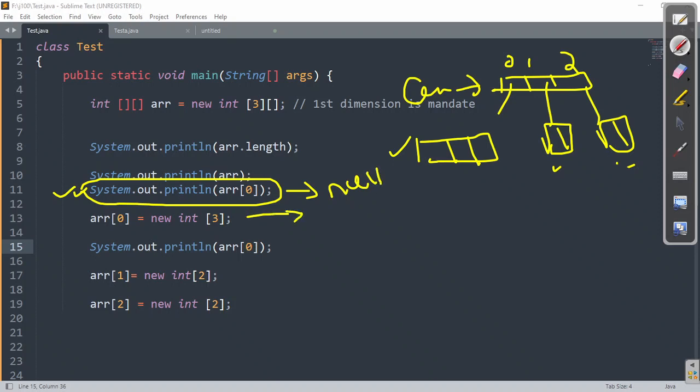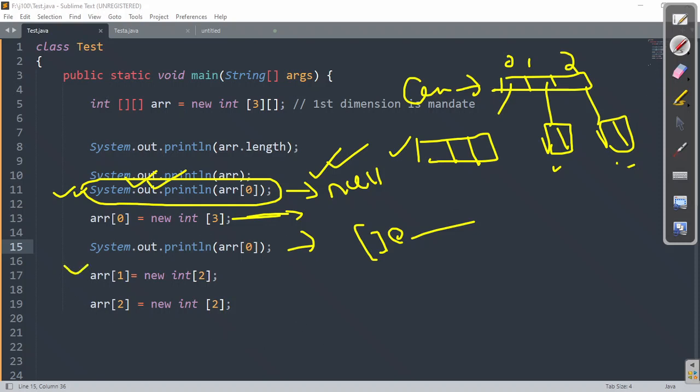Once I have initialized, if I try to print, it will give me the name of the class followed by hash code. Please understand these 2 points. Since I have not initialized, the default value will be initialized automatically. And since this is an object type, definitely no default value, only null will be assigned, right?